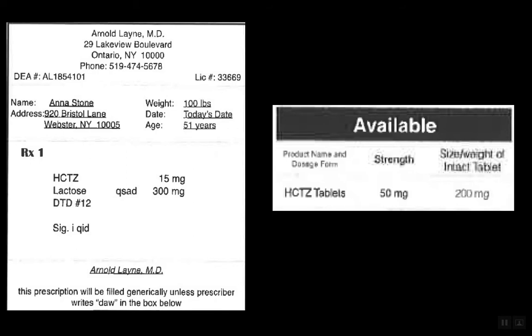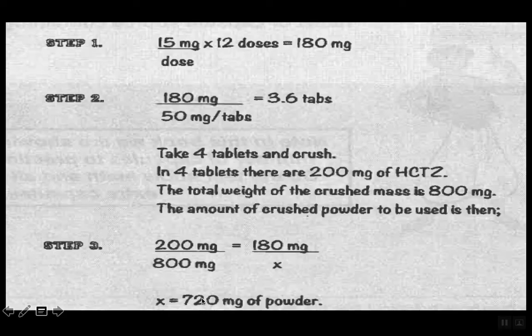Well, let's see. If each capsule weighs 300 milligrams, then 300 times 12 capsules means you're supposed to have 3.6 grams total powder in order to make 12 capsules that weigh 300 milligrams each. In this case, we already have 720 milligrams of active ingredient. So you want to know how much lactose you should add to this. You just do 3.6 grams minus 720 milligrams, and if you do that, you're going to get 2,880 milligrams of lactose